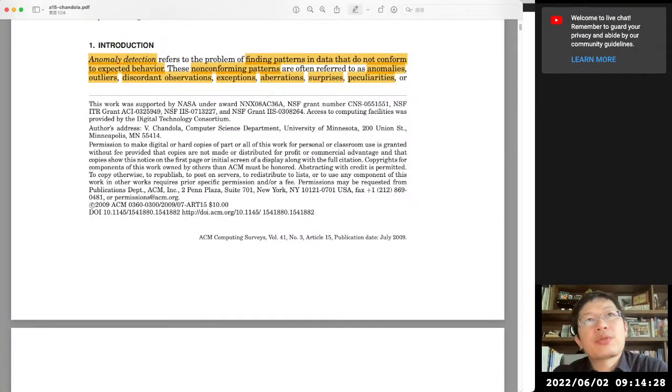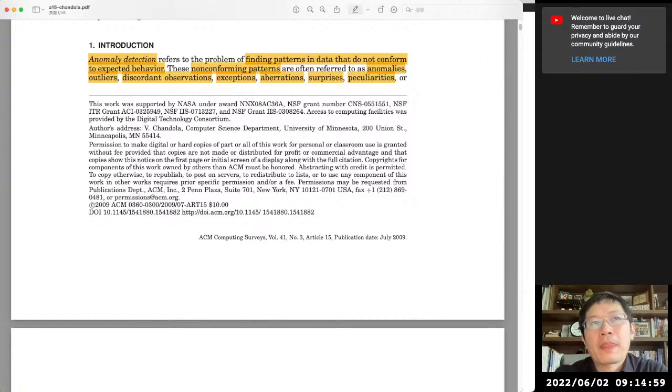So it refers to the problem of finding patterns in the data that do not conform to the expected behavior. So basically, as we mentioned, there's a little difference between anomaly detection and intrusion detection. Most of the time, anomaly detection has only one class, which means you have only normal behavior, because the definition of anomaly is